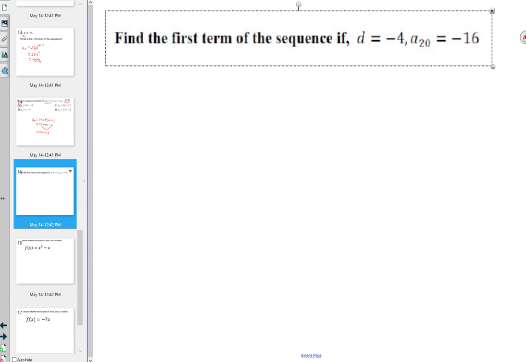Find the first term of a sequence. Okay, yeah, this is a tough one. There might have been nobody that got this one right. I think it was one of them that nobody got right. This might have been it. So,